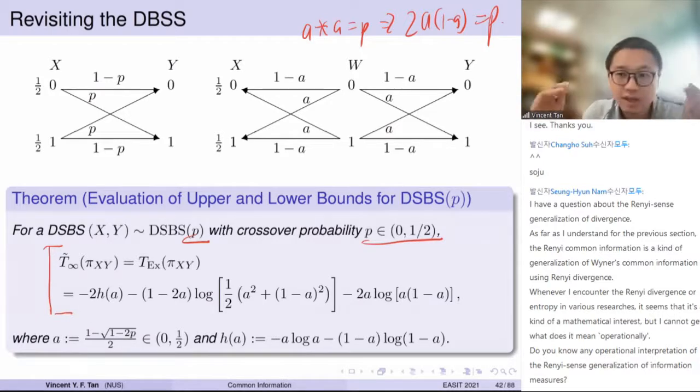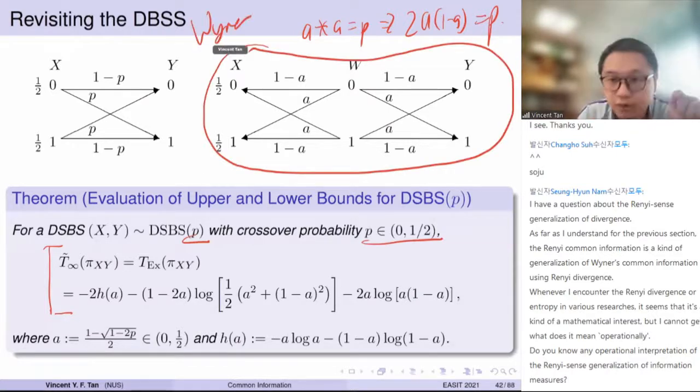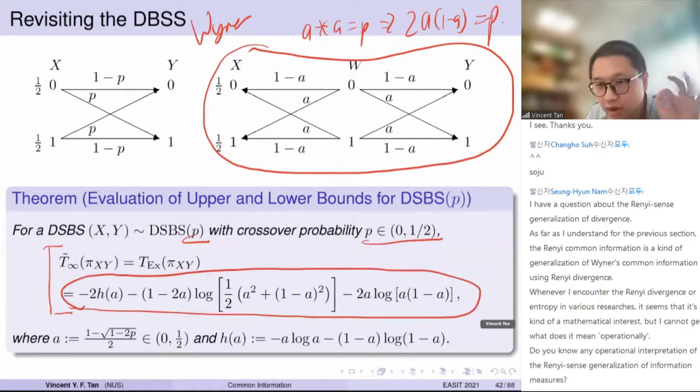Now, we are not very smart in doing this. Because the auxiliary random variable here, we use Wyner's. And for the lower bound, we also use Wyner's converse technique. But because our bounds are single letter, just like Wyner's common information, the evaluation becomes amenable and we have this closed form expression. The details are not important. The important thing is that you look at this, and if I give you MATLAB, you can plot this, probably